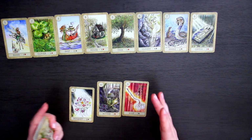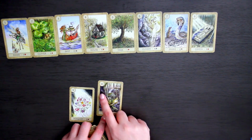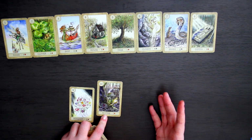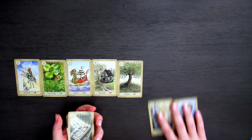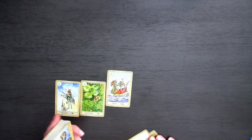But then, once you learn, like here it says scythe, so you know that that's what you're supposed to be looking at. But it looks like there's a lot going on in the scene beyond that. So I just found that part confusing. But once you know what the cards are, then you're always going to know what the cards are. No matter what deck you have, you lay them out, you know what they are, and it's not going to be a problem for you at all. So this one was